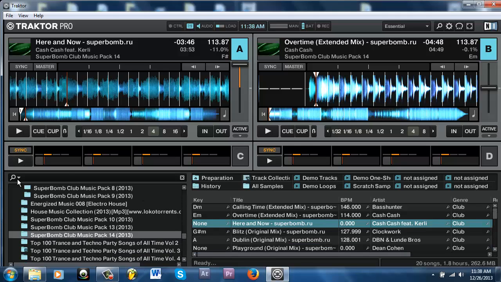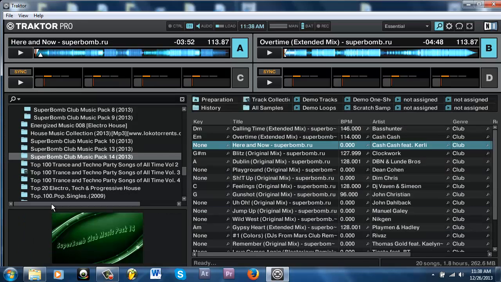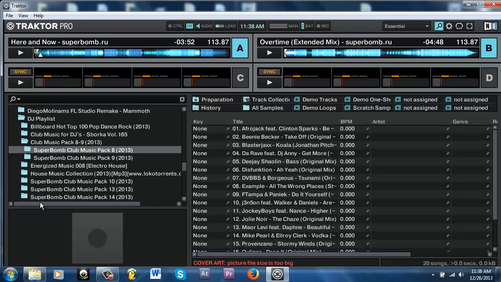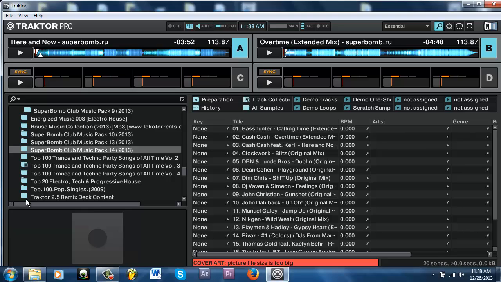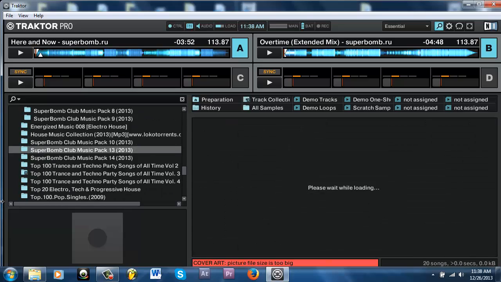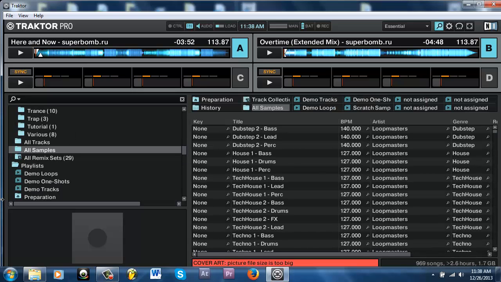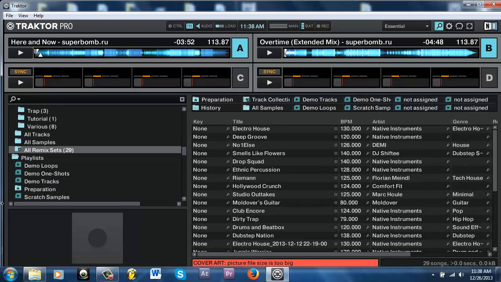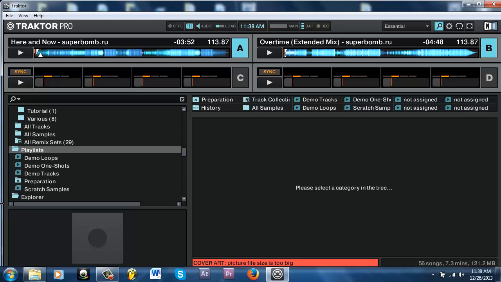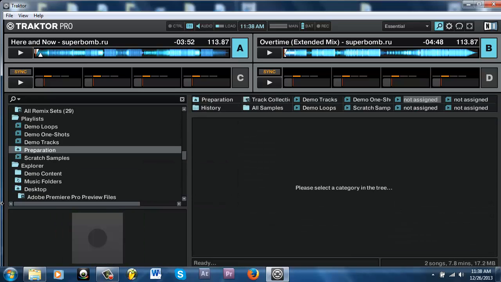And down here, here's my browser. Right here is your folders. Sorry, if I go to browse, if you press browse, it will bring it up bigger so you can see a lot more of your tracks. But you can always use one of the looper samples knobs to scroll through, if you have the 2 track decks, and if you use the knob on the left side,